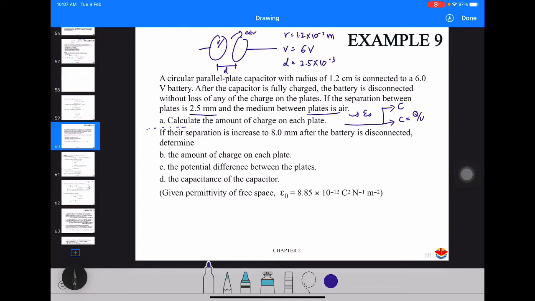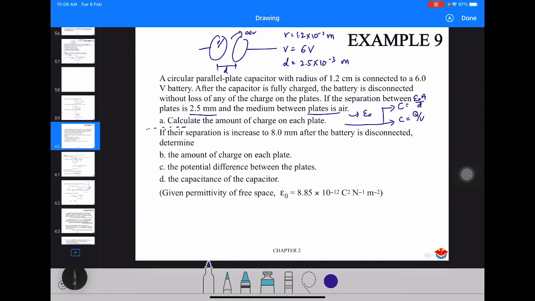So to differentiate this subtopic from the previous subtopics 2.1 and 2.2, normally the question will give you the dimensions of the capacitor, like the size and the spacing, and then straight away you know that it is from chapter 2.3. And most of the time you might be using this formula, C equals epsilon naught A over D. I already have the D, given as 2.5 times 10 to the negative 3 meter. A I can find using the radius, pi r squared, and I just substitute 8.85 times 10 to the negative 12 for